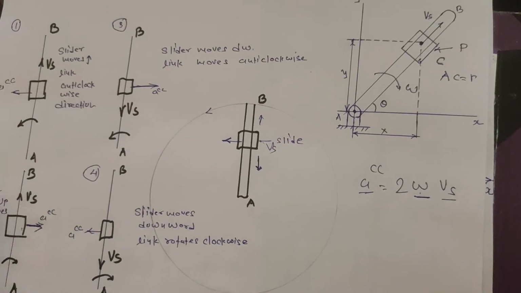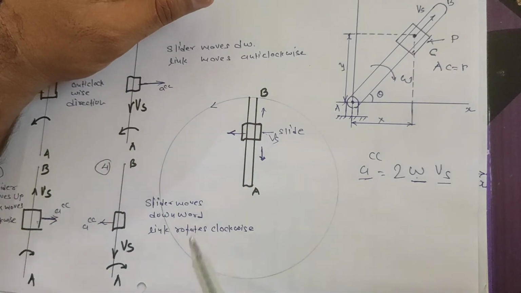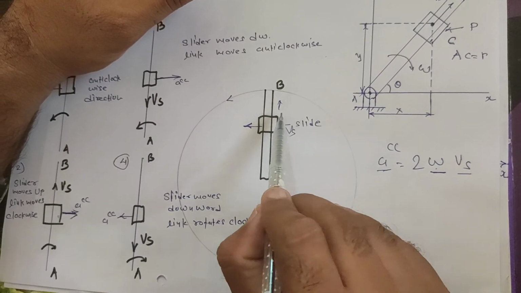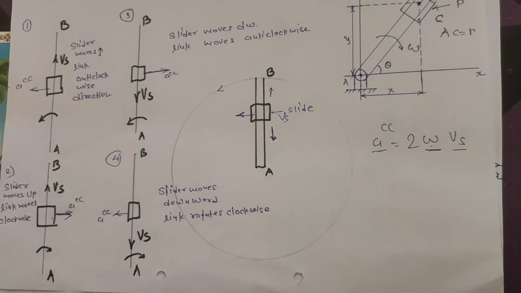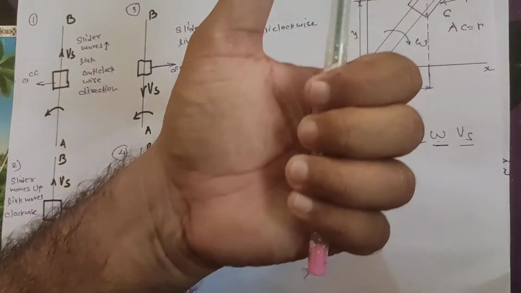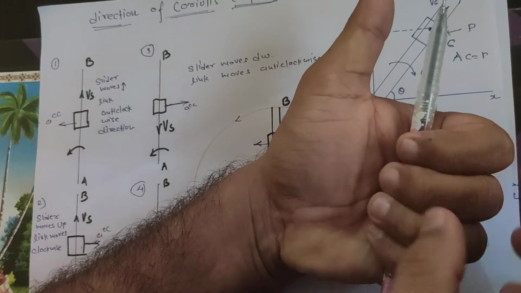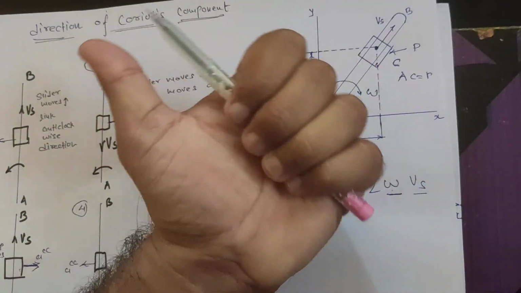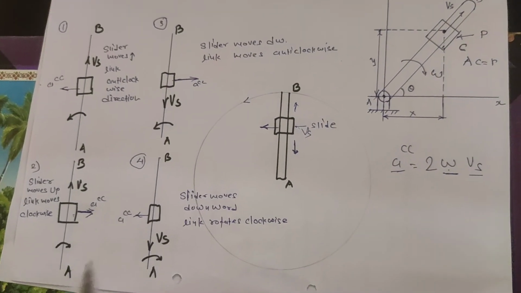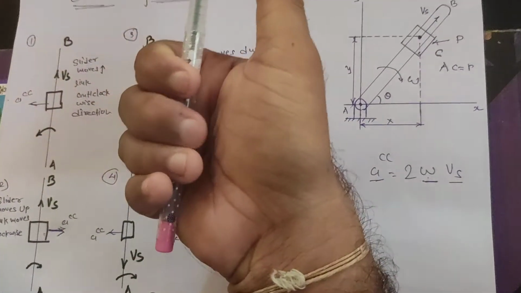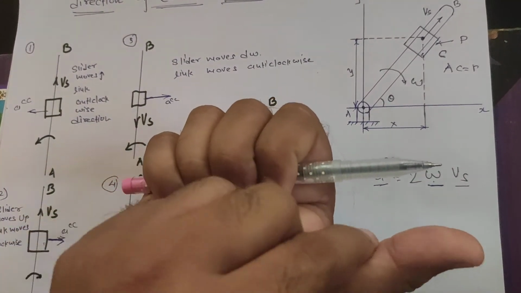Once again, this is the link, and it moves in an anti-clockwise direction, and in the first case we consider the piston moving in an upward direction, anti-clockwise and upward. At that time, this is the link and this is our slider. When it moves in this direction, this is the direction of our acceleration component. In the same way, when it moves in an upward direction and the link direction is clockwise, it may be moving in this direction. Clear? This is the direction of the acceleration component.